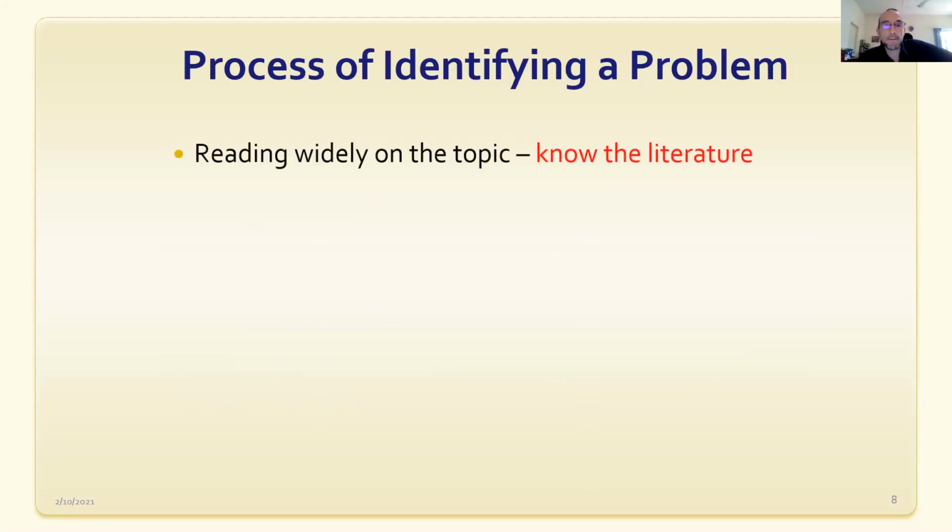Okay, so the process of identifying a problem, we can identify problems from many places. Okay, first and foremost is the literature. You've got to read. You cannot do a good problem statement without really, really knowing the literature. Okay, you can do a problem statement. It won't be a very good one if you just do a cursory reading of the literature. But if you want to write a really good problem statement, you know the literature, okay? And you have to read a lot. There's no way around this, people, okay?